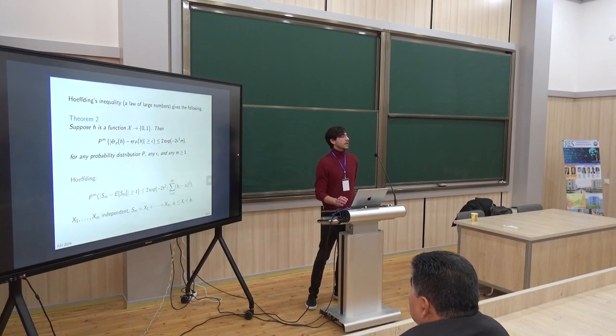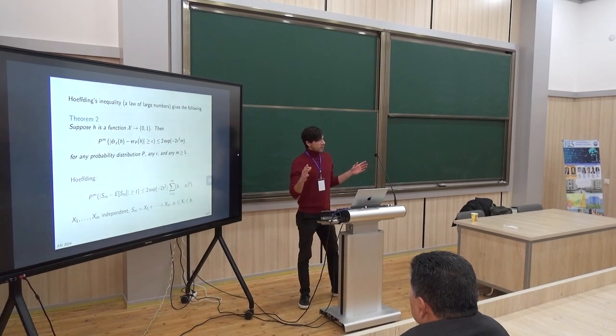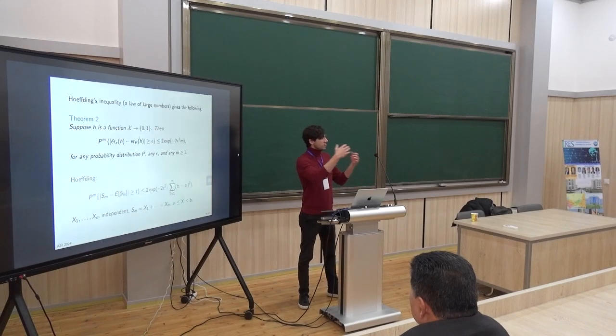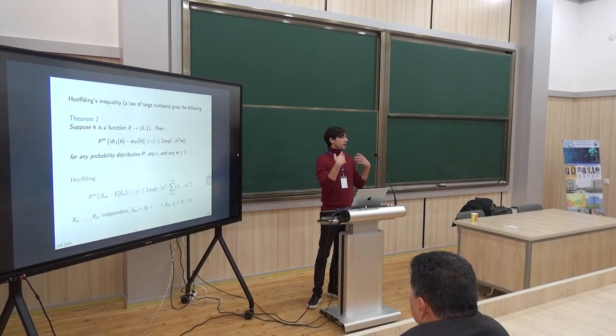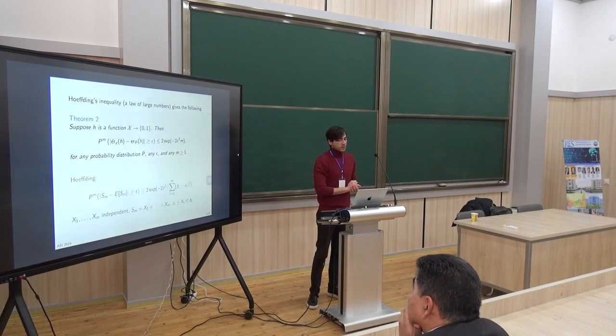That does not tell us that the sample errors of multiple hypotheses are all close to the actual errors. And that's a problem because when we're learning, we're trying to select one hypothesis out of several possible ones,